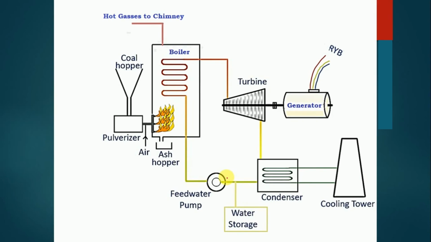So this is the working of a thermal power plant. In the thermal power plant the aim is generating electrical energy, and that electrical energy is available from the generator. Further components like the boiler, turbine, condenser and other components are used for generating mechanical energy. That mechanical energy is given to the generator, and the generator generates the electrical energy. So this is all about the working of